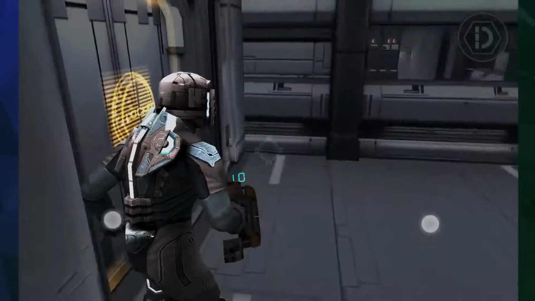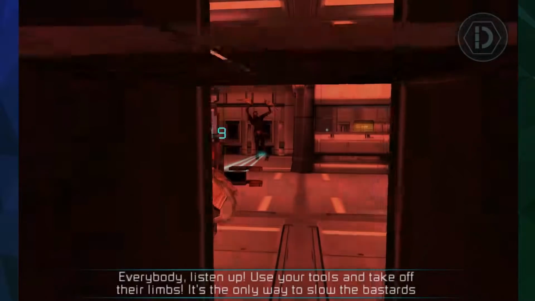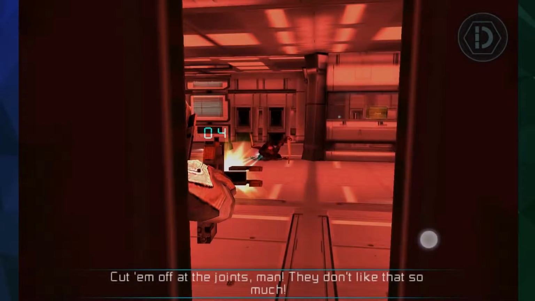And so far... Oh, good. Everybody listen up. Use your tools and take off their limbs. It's the only way to slow the bastards down. Cut them off at the joints, man! They don't like that so much. Hey, everybody,